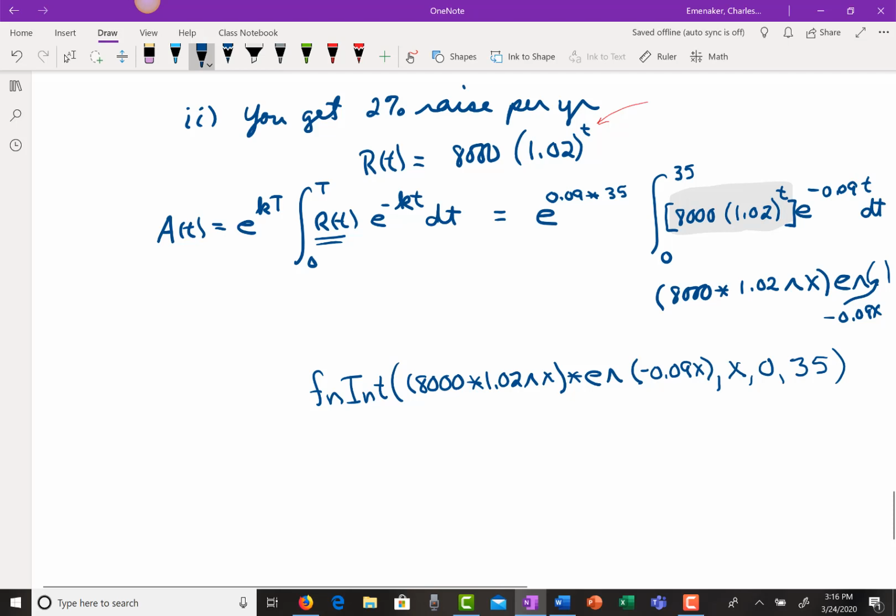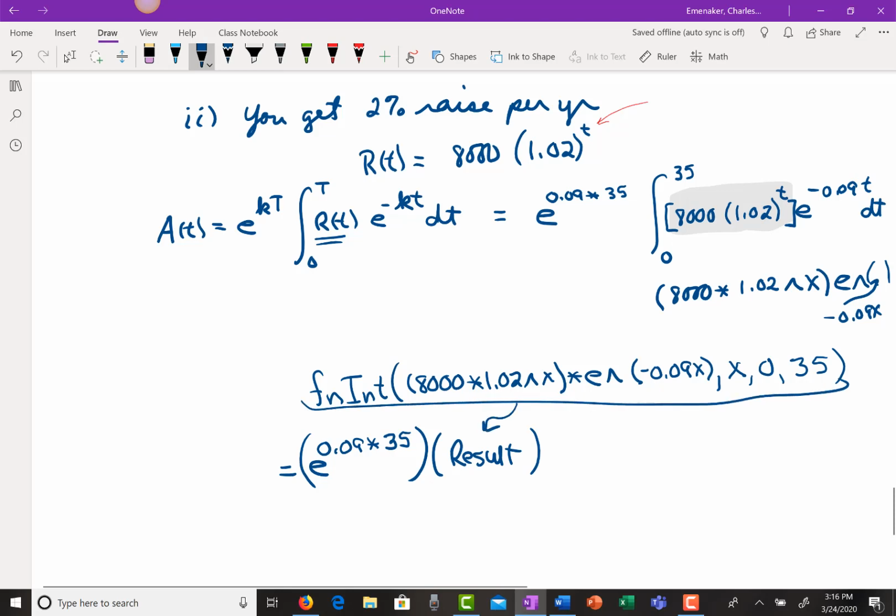Now you got to be really careful. People forget about this because we still have this 0.09 times 35, and this is going to be times whatever the result is from this. So it's going to give you some number, and the number that you should get is 104,197.69. When you multiply that all out, you should come up with